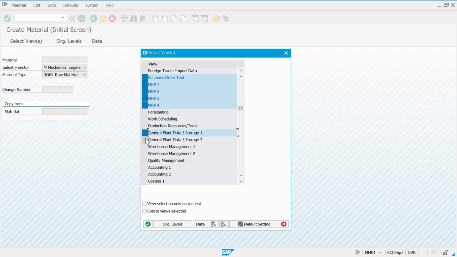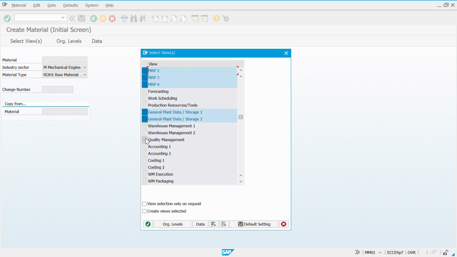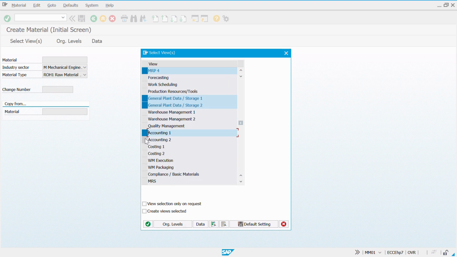Then we have general plant data storage, where data at the storage location level will be maintained. Then here is the accounting view, costing view, and if you see, there is quality management and warehouse management. Now this majorly is used by the companies where they have their warehouse management system different. Okay, extended warehouse management or a warehouse management. So at that time, the storage bins, racks, and everything, those kinds of things will be maintained